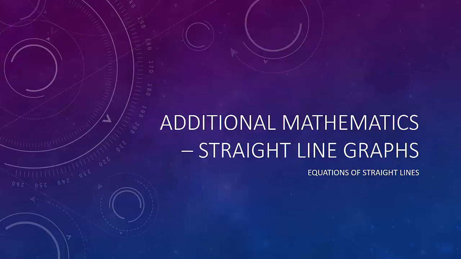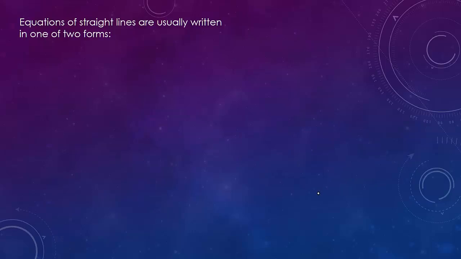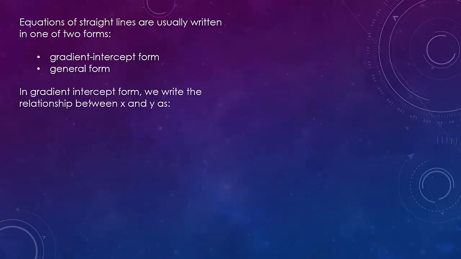Equations of straight lines. Equations of straight lines are usually written in one of two forms: gradient intercept form or general form. In gradient intercept form, we write the relationship between x and y as y equals mx plus c, where here